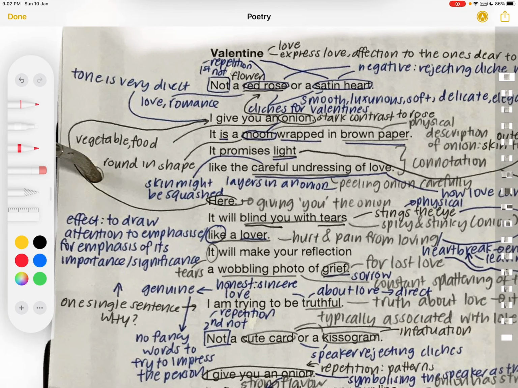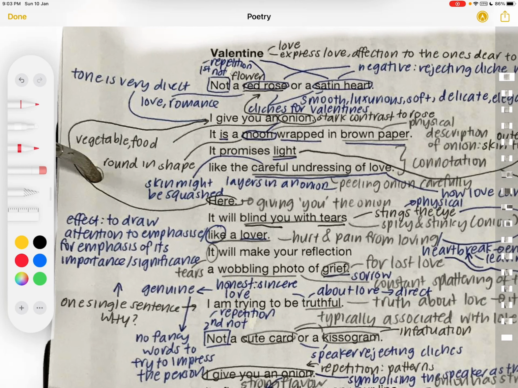So the second line of the second stanza is, "It is a moon wrapped in brown paper." Over here, the onion is compared to a moon, and both the onion and the moon have a similar characteristic, which is that they are both round in shape. This moon, to me, signifies the nighttime. Because moons can usually only be seen at night, the poet is probably trying to say that love happens